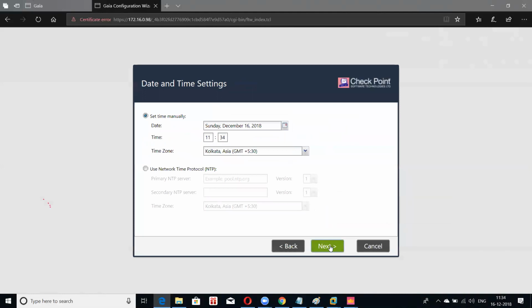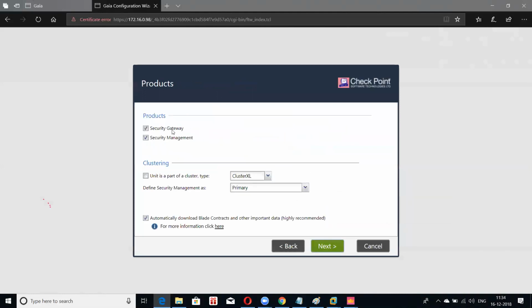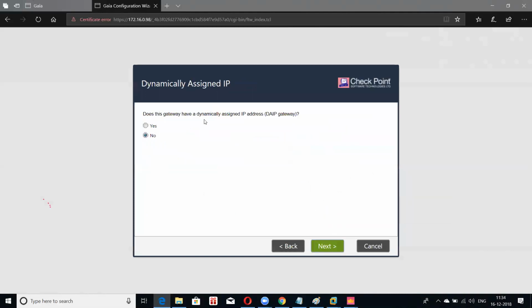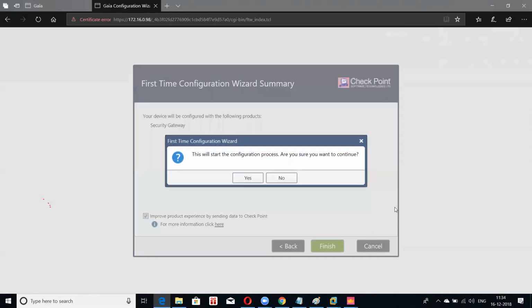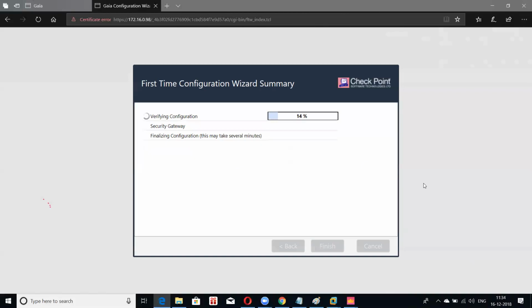Last time I had security management and gateway both together. This time I'm just picking gateway. When I pick this option, it will ask me for a password. It did not ask me for this password last time, if you remember. Why? Because the gateway and the management server were installed on the same firewall, the same VM. But now this password is required because I need to connect this gateway to the management server, SmartConsole. So the password I configured during the installation, I need to remember and put that password into